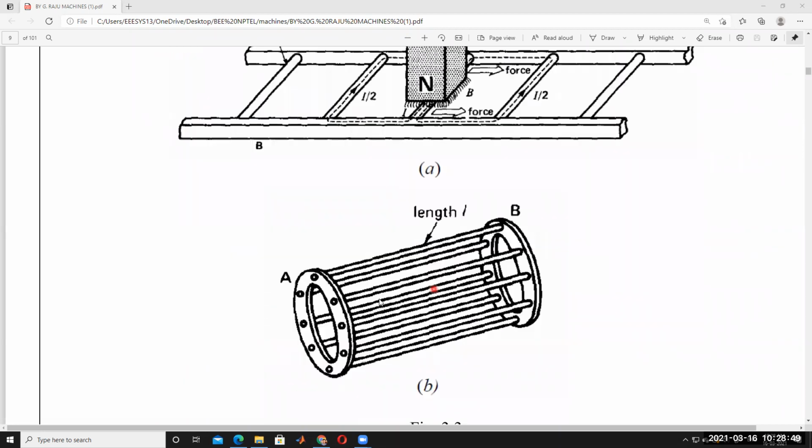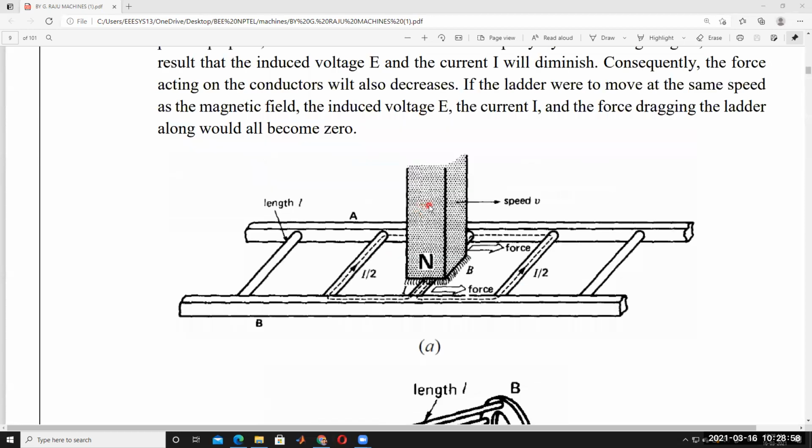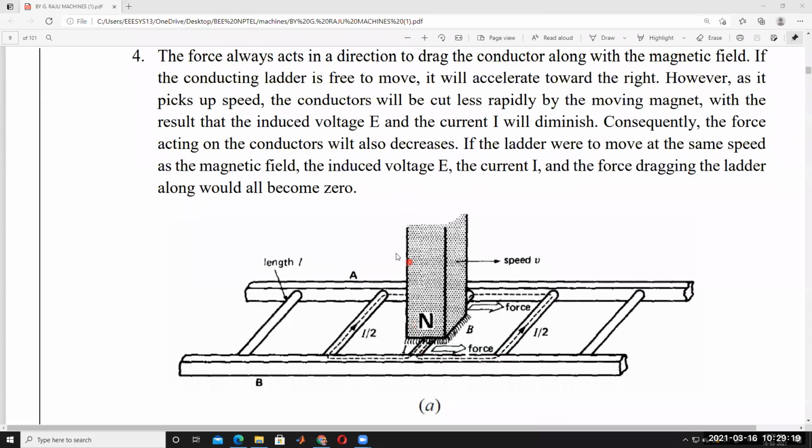This is called the rotor. The rotor is stationary at the time of starting. The rotor speed is 0, but the stator rotating magnetic field rotates at synchronous speed Ns. Am I right or not? So in that case, there is a relative speed between these two. Because of that, whenever these fluxes cut the rotor conductors, EMF is induced in the rotor conductors, and then immediately the current is induced.